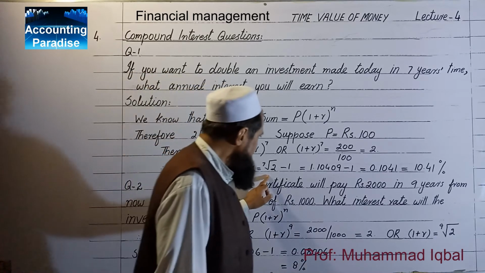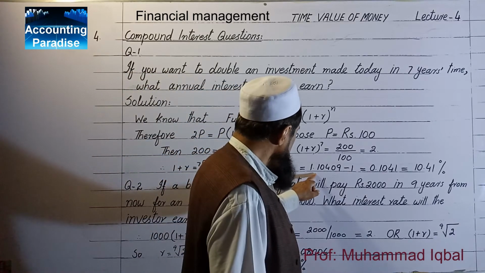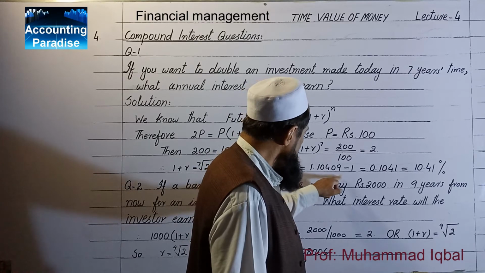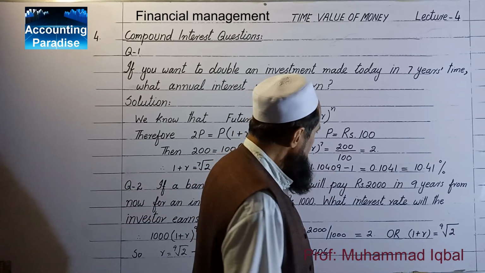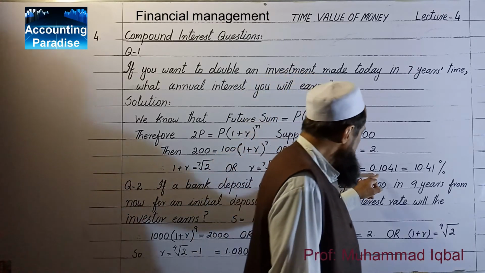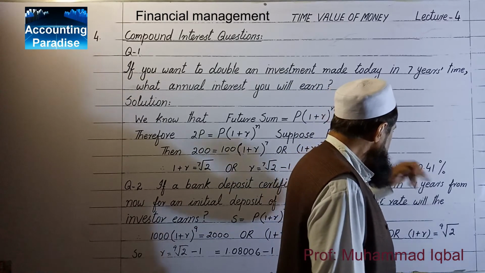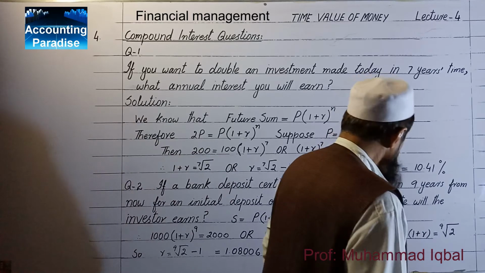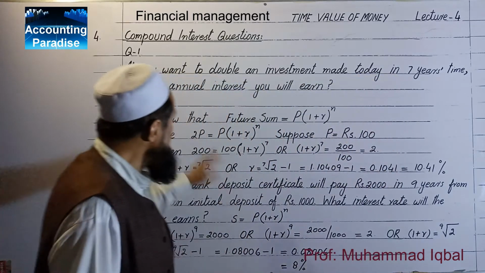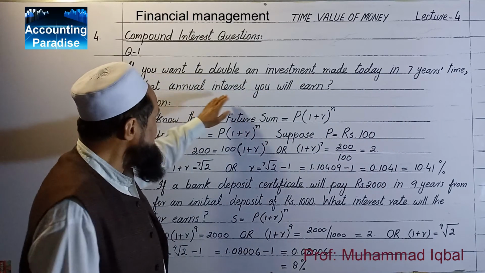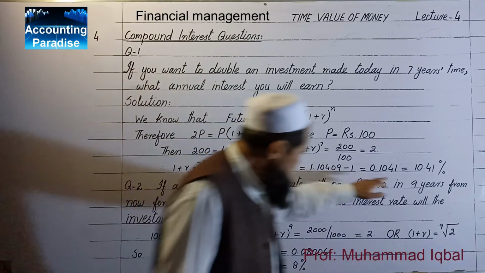When we calculate this, it comes to 1.104091 minus 1, which is equal to 0.1041, that is 10.41%. It means the annual interest you will earn is